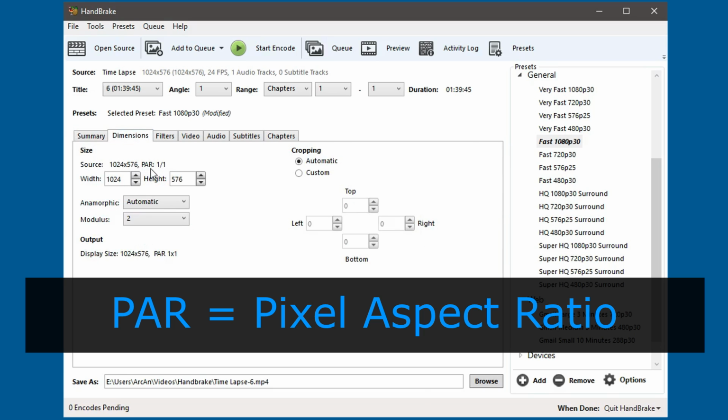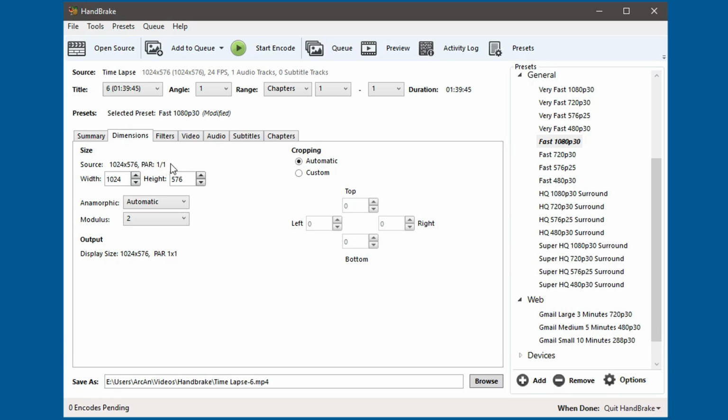PAR means pixel aspect ratio. Most HD video, all video you see on YouTube, will be using a pixel aspect ratio of 1:1. If you import video from a DVD or from a standard definition video camera, that's when you're going to see strange pixel aspect ratios.